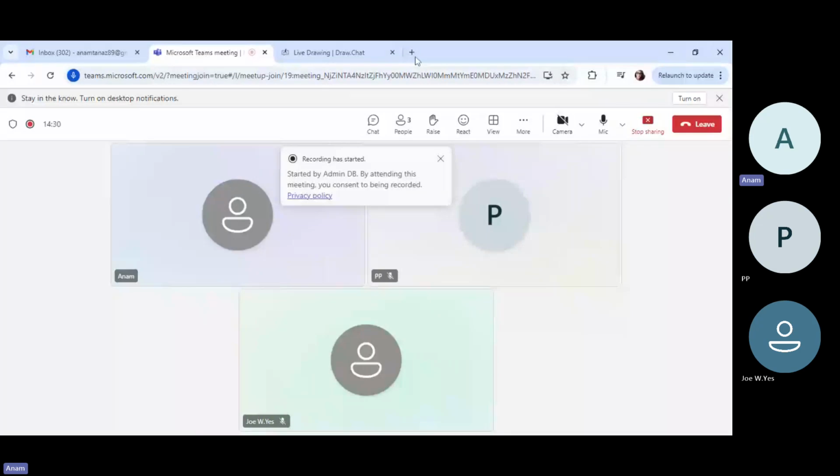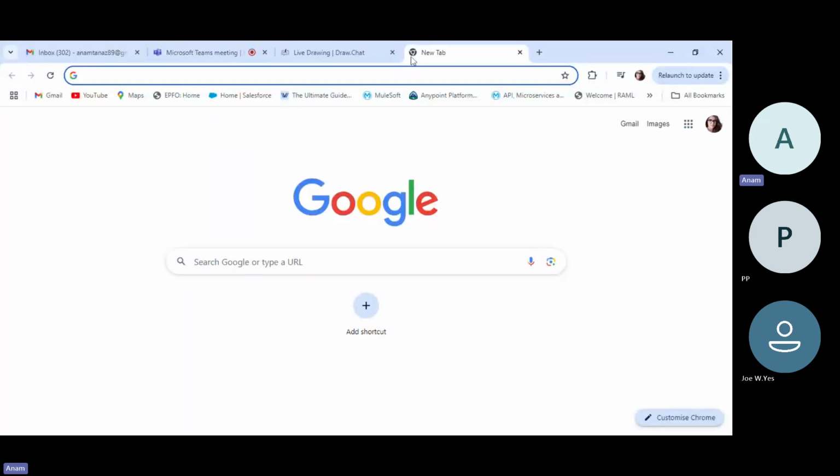Yeah, so first of all I'm just sharing my screen. Let me know once it is visible to you all. Yes, Anam, it's visible. Okay. Yes, so